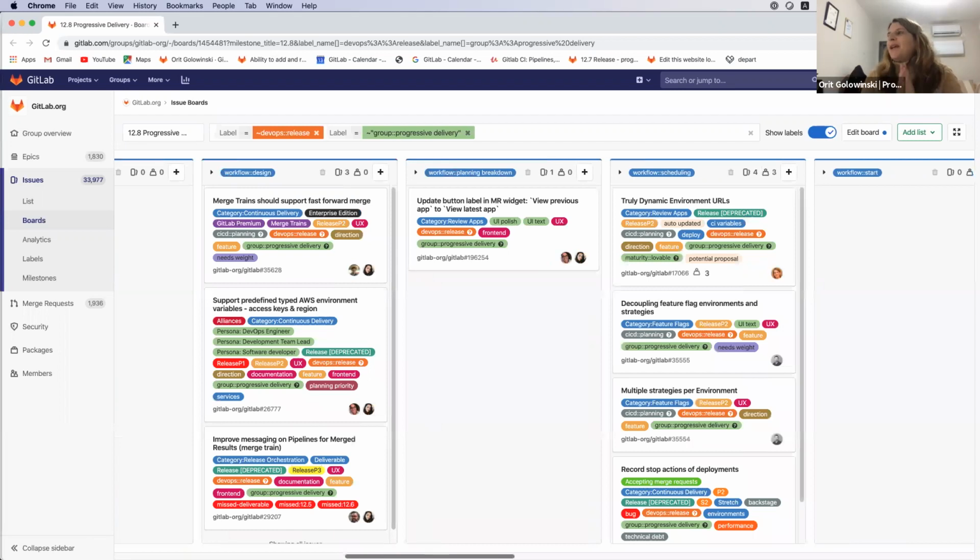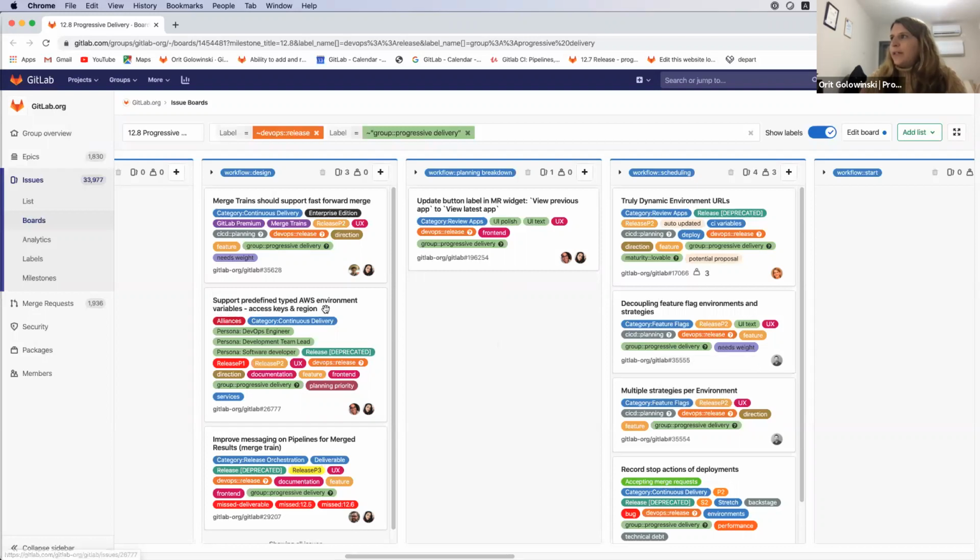Okay. So under the design column, which is things that are currently under UX review/work, we have merge trains to support fast forward and merge. So this is a combination between our MVP item of supporting fast forward with a combination of merge trains. There's a little bit of a nuance over there that needs some attention.